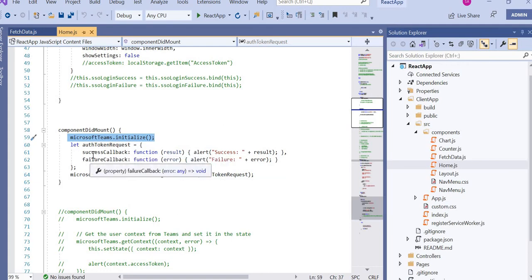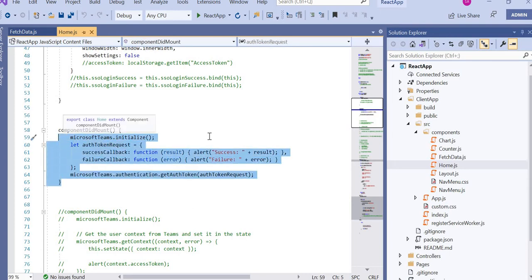On success, we get the token as a result, and on failure we get the error as well. A pop-up will appear and show the respective result. This piece of code I have included in one of the components, home.js. We will see it in the demo as well.